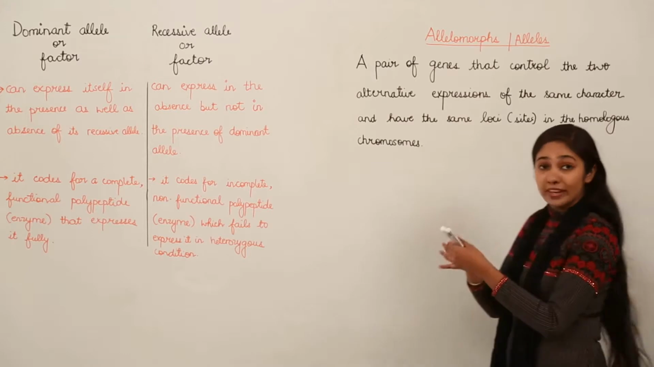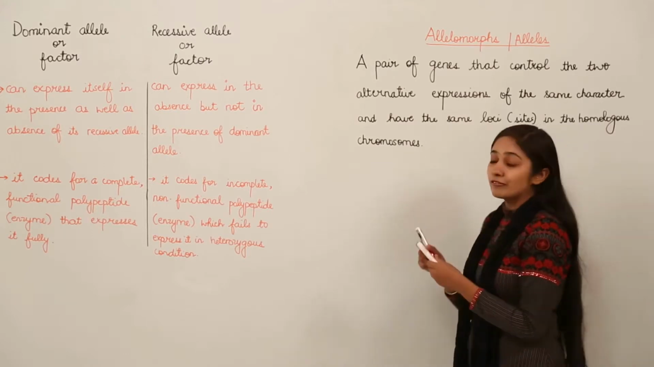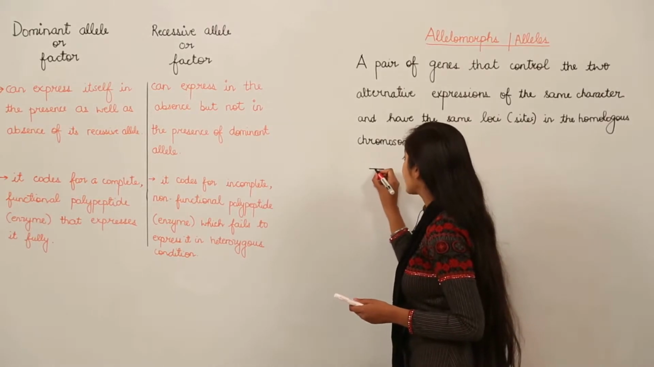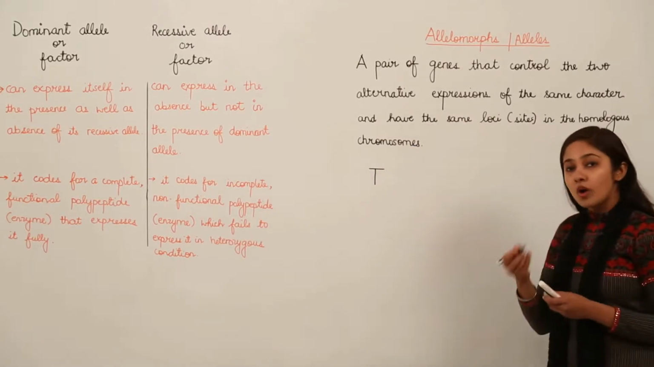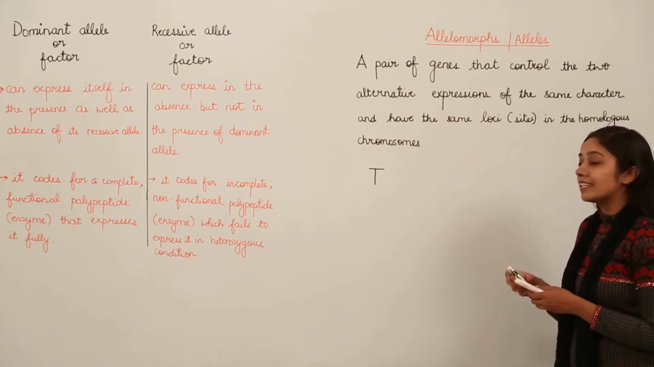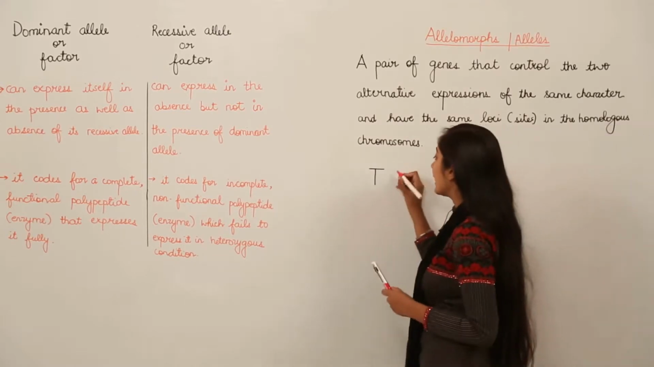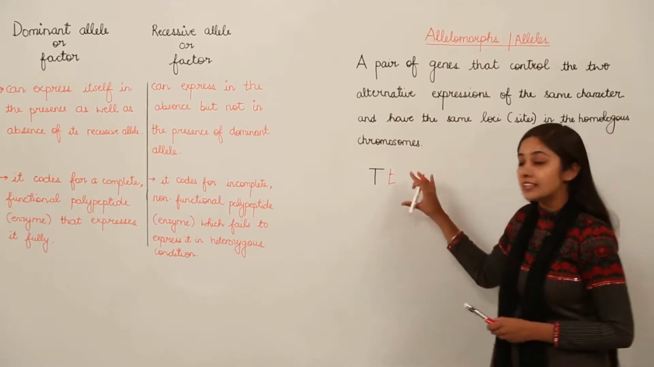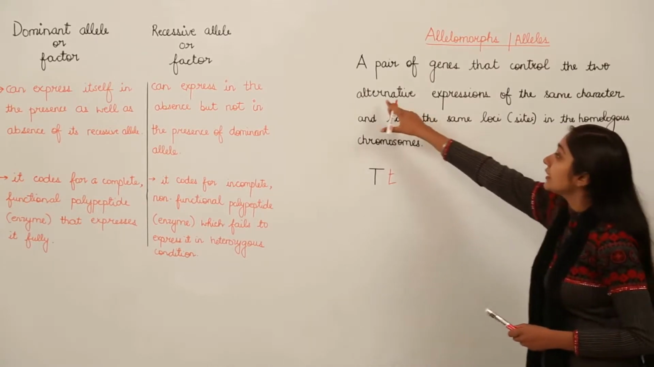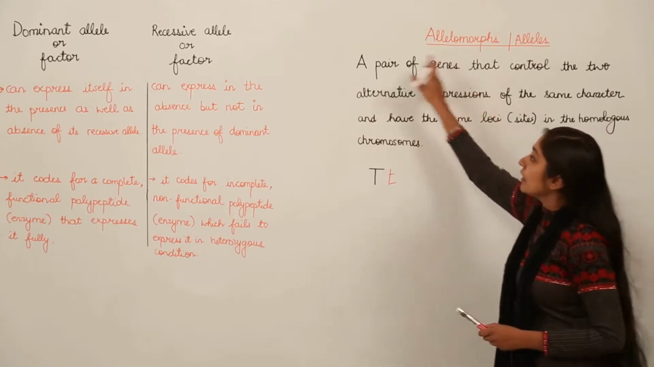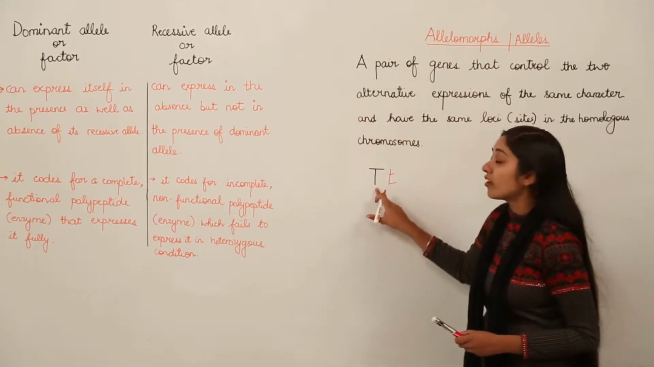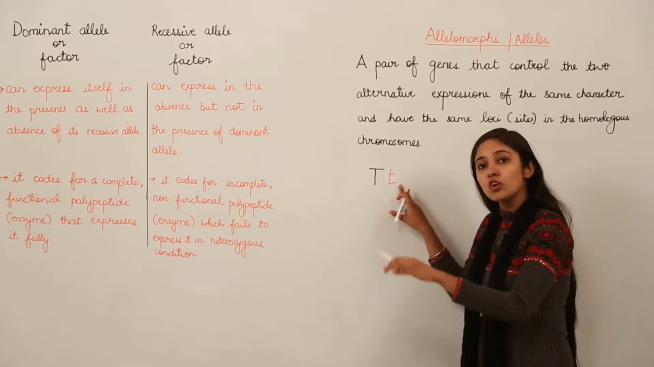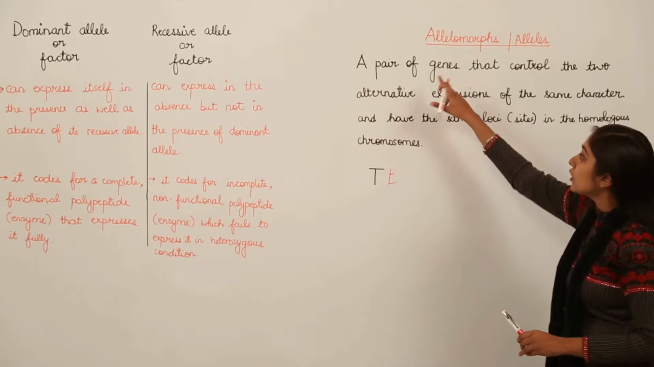This definition is conveying that supposingly for a tall pea plant, we have the dominant character as a capital T, and for a dwarf pea plant, the recessive character is small t, a lowercase letter t. So these are allelomorphs, these are the alleles because they are encoding for alternative expressions. How alternative expressions? Because this is encoding for a tall plant and this is encoding for a dwarf plant, a short height plant. So a pair of genes